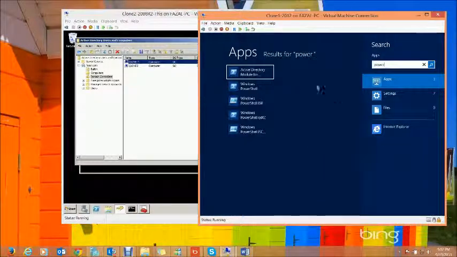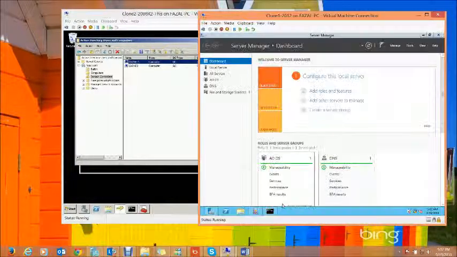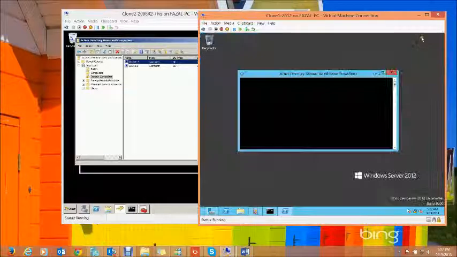Now, our first task is completed. And now we need to upgrade the domain and forest functional level using PowerShell. Now we press the Windows button, and then we go into Active Directory Module for Windows PowerShell and we do a run as administrator.